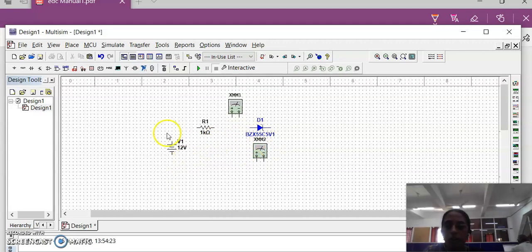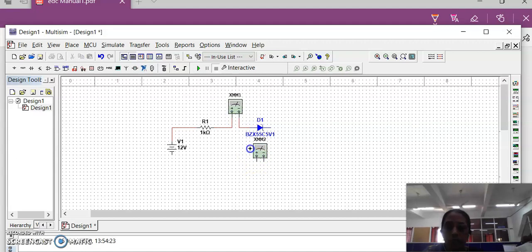After taking all the components, let us give the connections. When you move the cursor on a component, you will get the dot symbol, which means you can give the connection. The current is measured in series, and the voltage is measured in parallel.